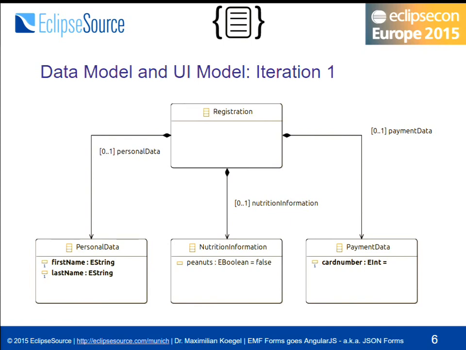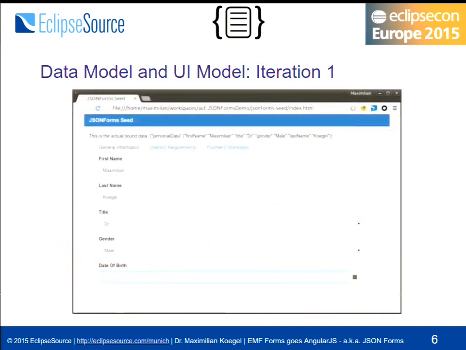I also want to show you how to enhance that data model at a later stage, have an SWT UI from that, that's like the default EMF Forms way, and then also generate a JSON Forms based UI for that in the web browser. This is how the JSON Forms based UI is supposed to look like. So the idea is, it's so many fields, I want to have 3 tabs for that: general information, dietary requirements, and payment information, and then map the appropriate fields onto that. So first name, last name, and so